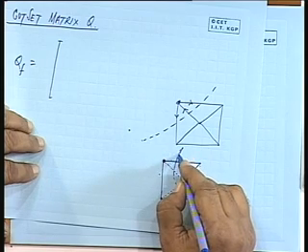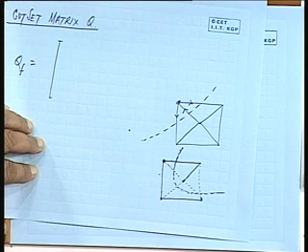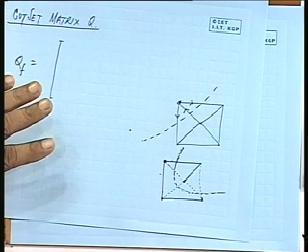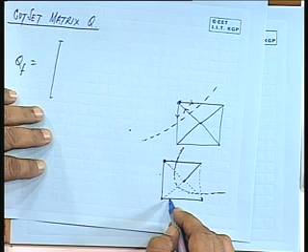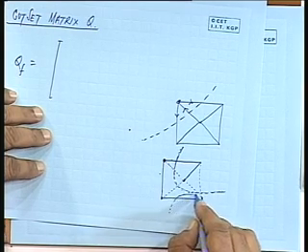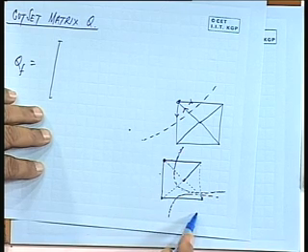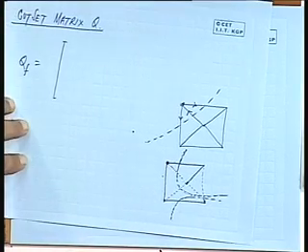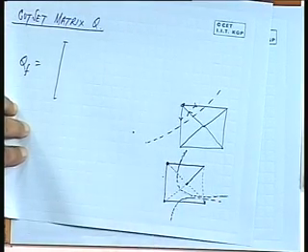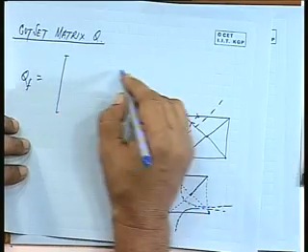In a fundamental cut set, there can be a cut only in one of the tree elements. So, this is a possible fundamental cut set. Similarly, if I want to cut this twig, I should cut like this. I cannot cut like this, then two elements will be cut. So, whenever you are cutting one element of the tree at a time,